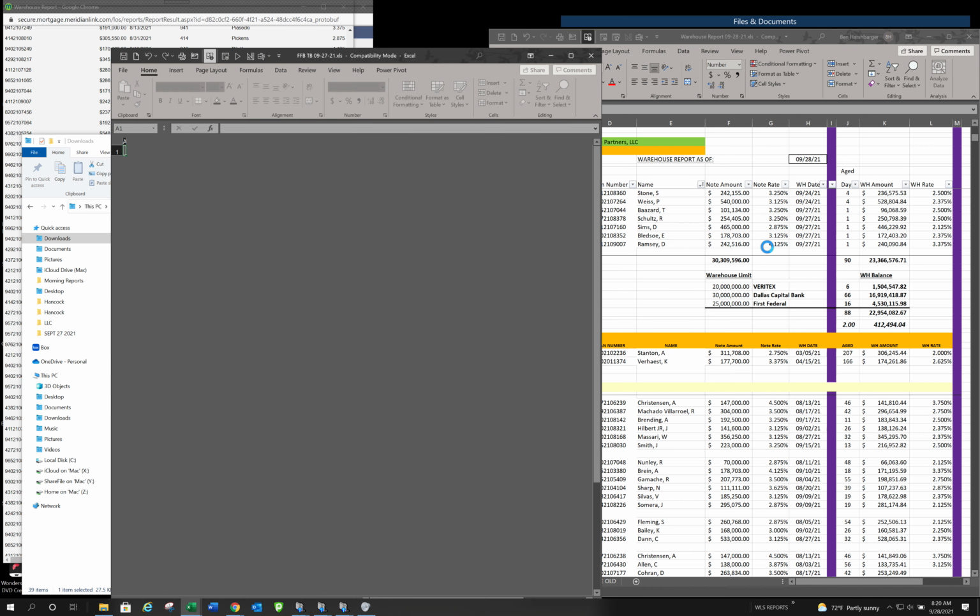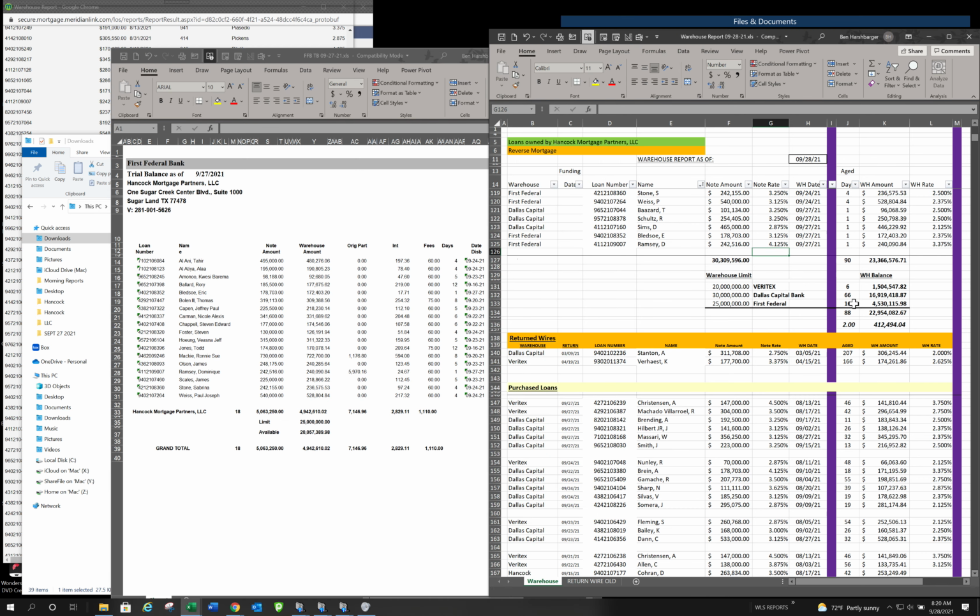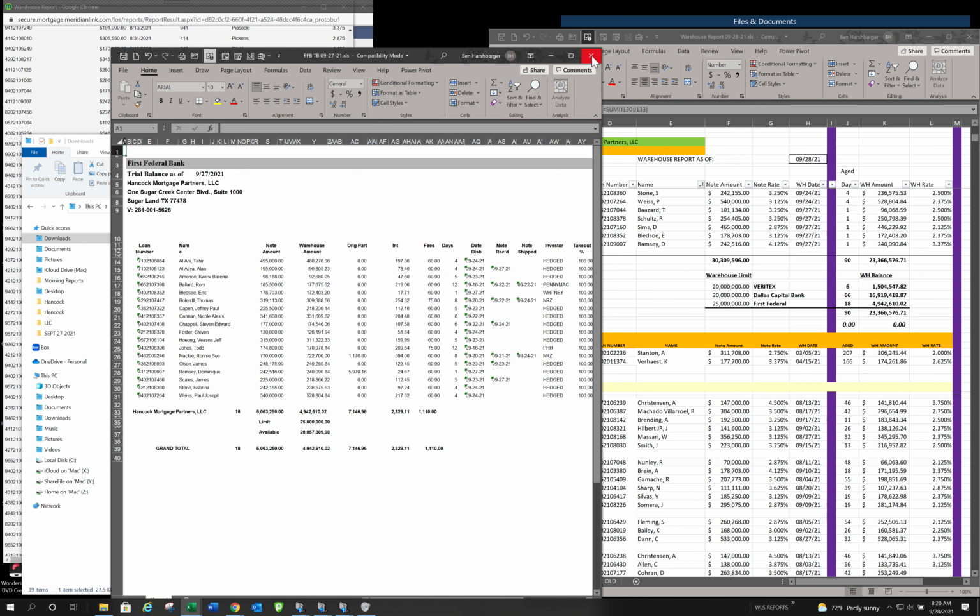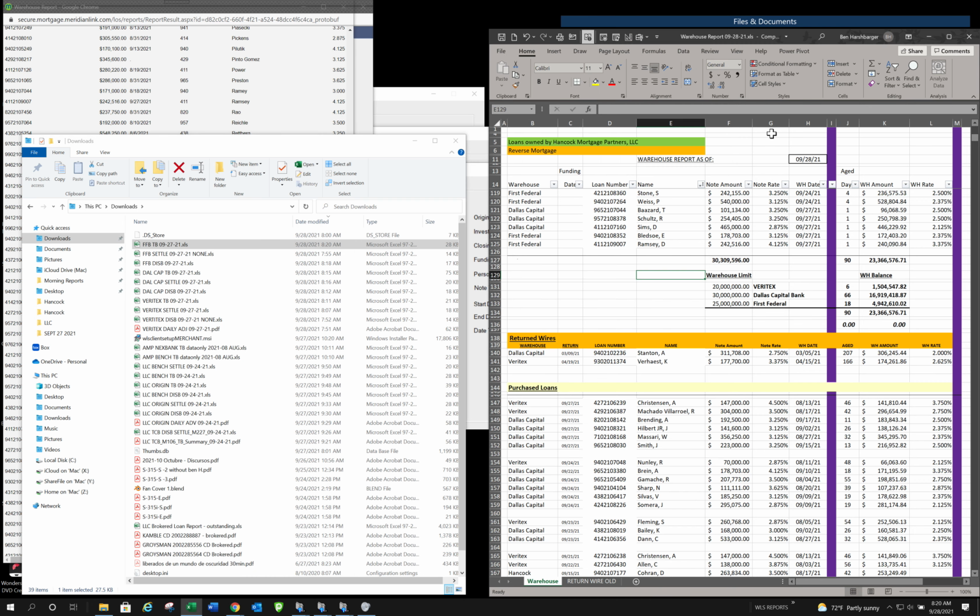Trial balance. First Federal was 18, 4942, 610.02. Yep, 0. Yay. All right, and then the last few things I do is I'll do the view, and